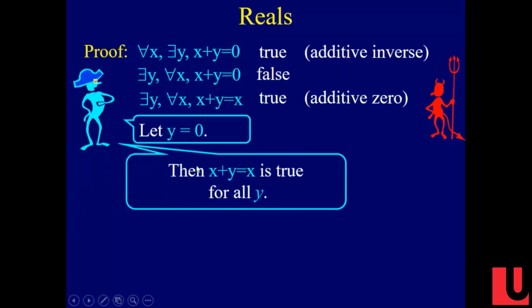Now, can I go on my proof like this? I can say, well, look, x plus y equals x. It's true for all y. Is that a proof? No. False. For example, if 1 instead of y,